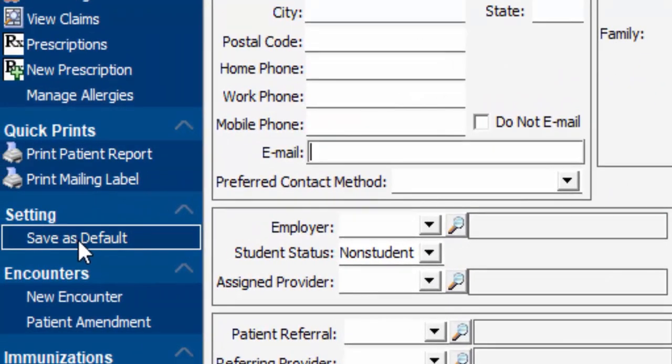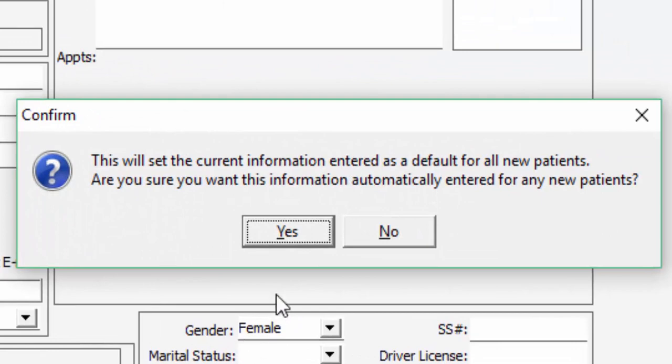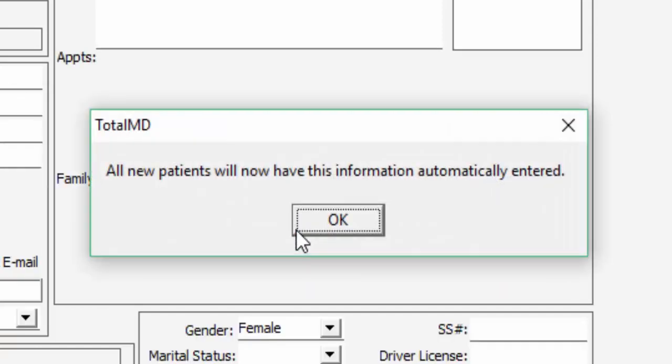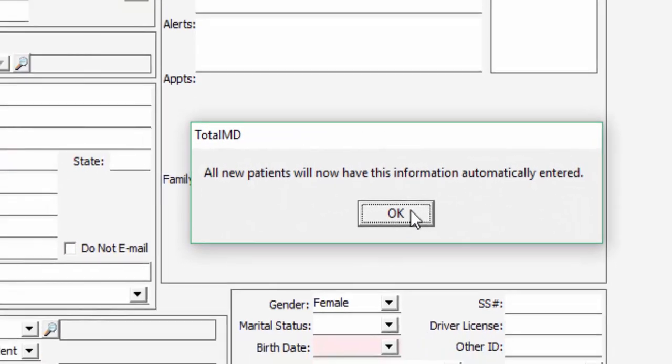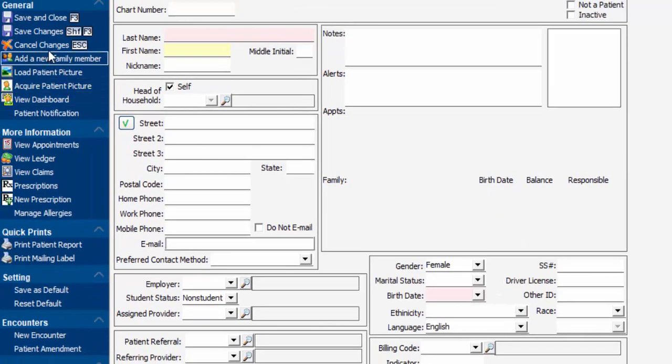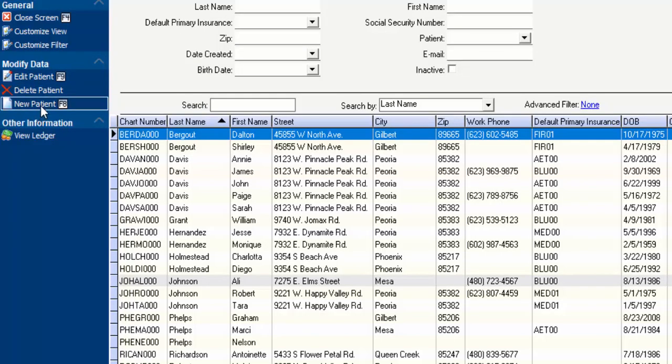I come over here to the left hand side, click Save as Default. This message comes up saying those fields will be automatically set as default for new patients. Is that what I want to do? Yes. And then my message comes up that says, okay, now all new patients will have that information automatically entered in. So I'm going to go ahead and now cancel my changes, and I'll click New Patient again,